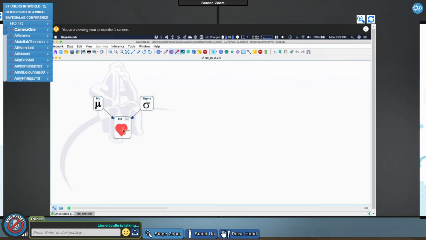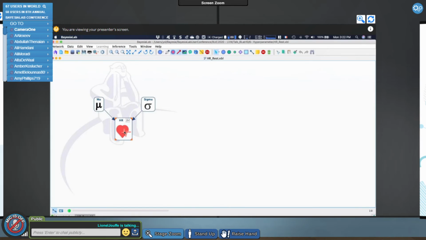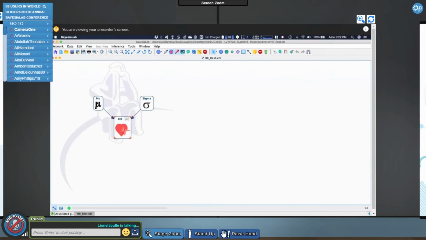And on this node, I do have evidence. Every morning, I measure my heart rate, and I can use that information to estimate the mean value and the standard deviation of my heart rate, right? This is what we call hyperparameter updating.